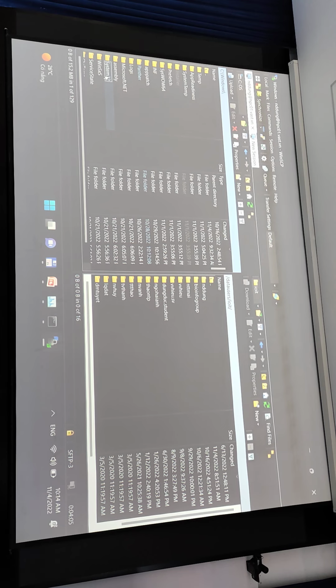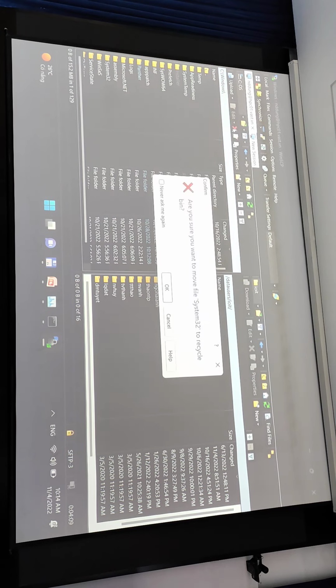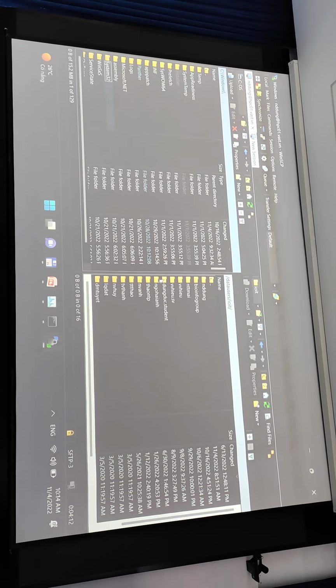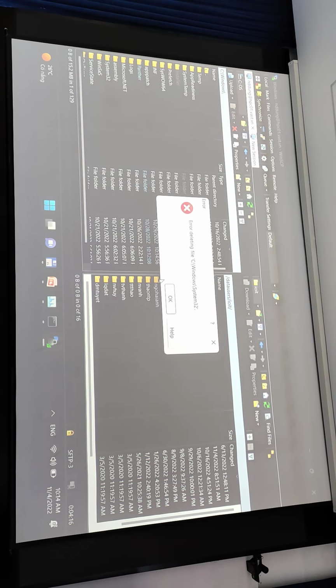No, it is impossible to delete it. Yes, I delete. No. Are you sure? No. Also, the Windows operating system does not permit me to delete the system file because it is prohibited, to ensure that the system runs stable. So that's the task of the operating system.